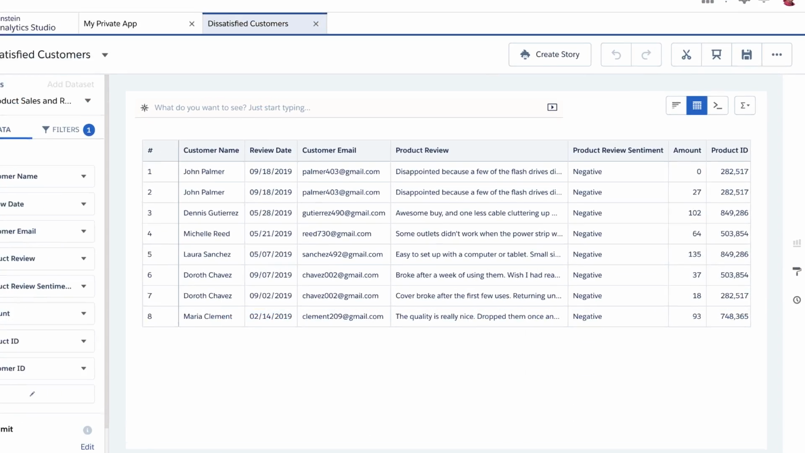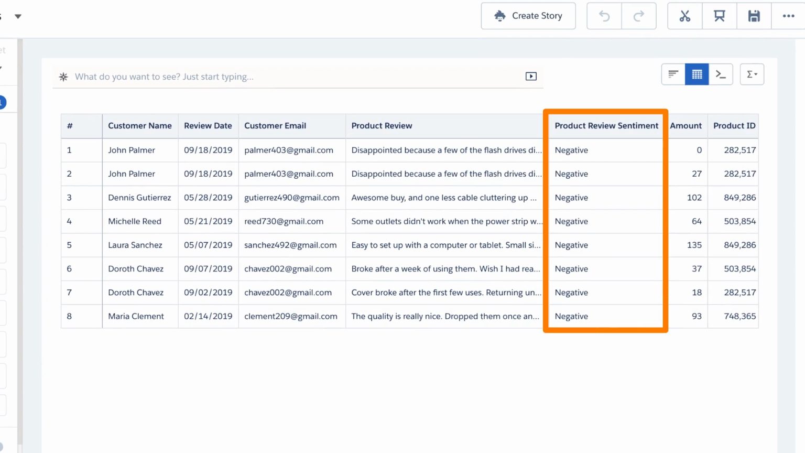With the new sentiment data, the product manager can identify dissatisfied customers and reach out to them to improve their product experience. To learn more,